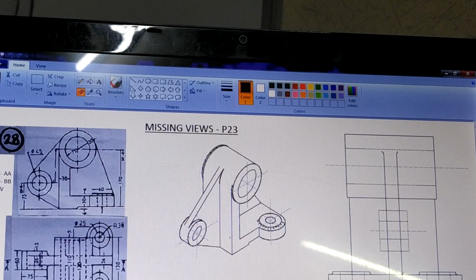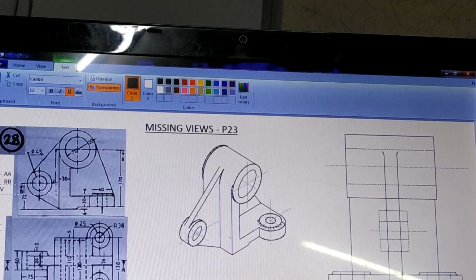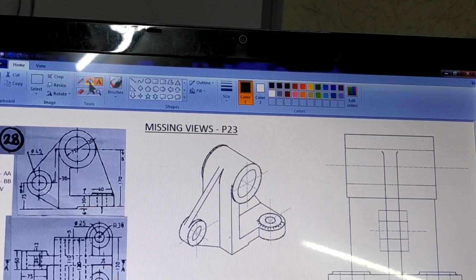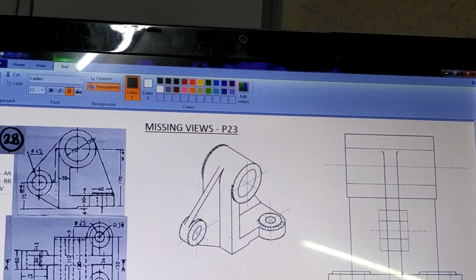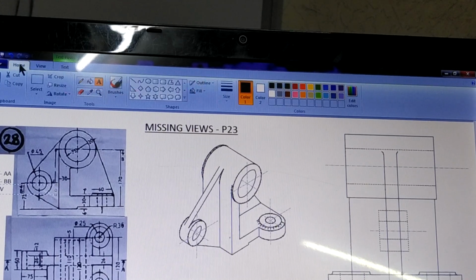So that is the right hand side view what we have drawn.